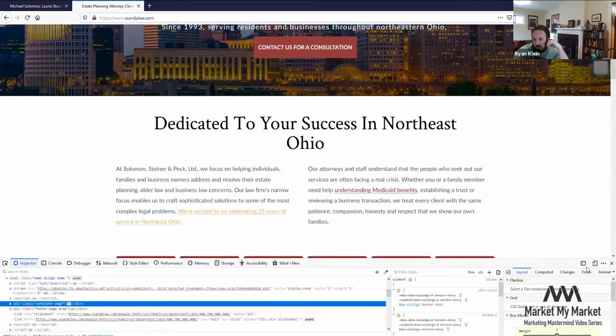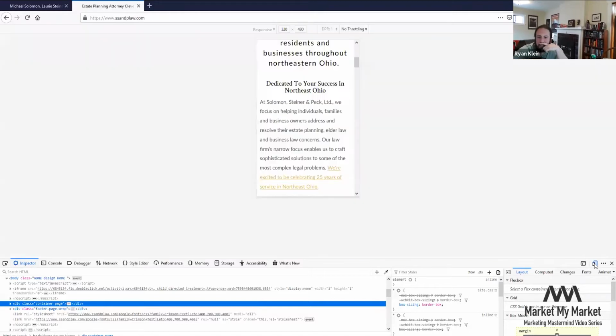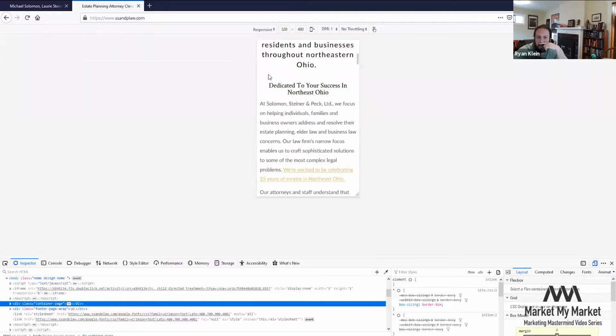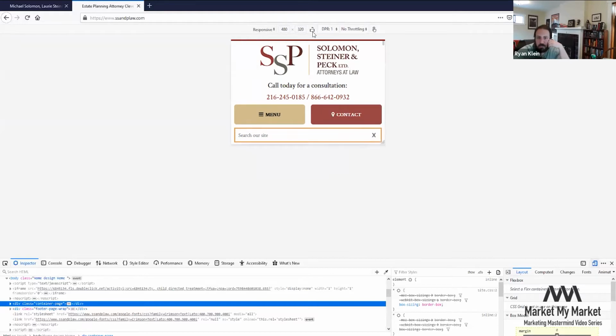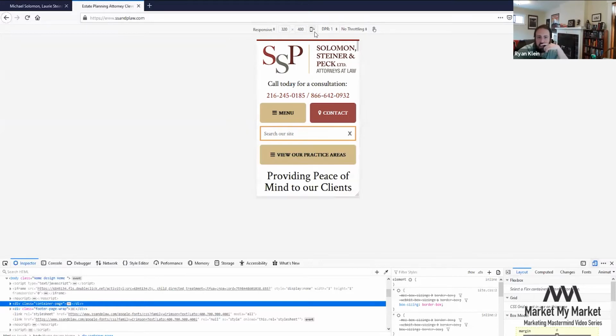The thing that we're concerned about right here is this particular button, which is going to emulate it as if it's on mobile. And voila, there it is. It says it's responsive. It uses these typical dimensions. This is if you flip it sideways, if it's horizontal or vertical. And then from here,